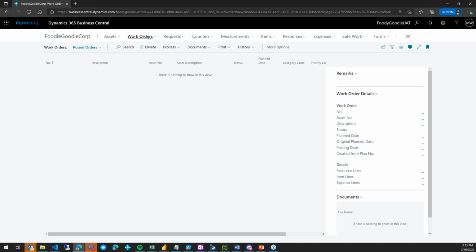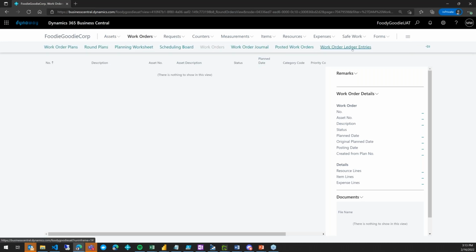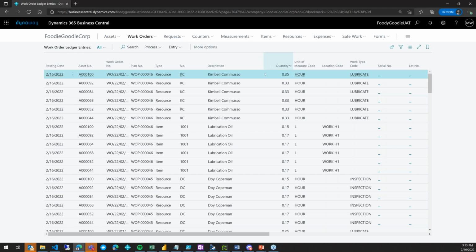you will see that we also post the work order ledger entry and item ledger entry, but in a slightly different way than we do for the work order. You can see that my time was split equally for my resource for each asset. In the work order ledger entries, you will see the exact asset which was done. We don't show the skipped ones, but we also show approximately how much time someone spent, and the same with the items. So we split it, as you can see,